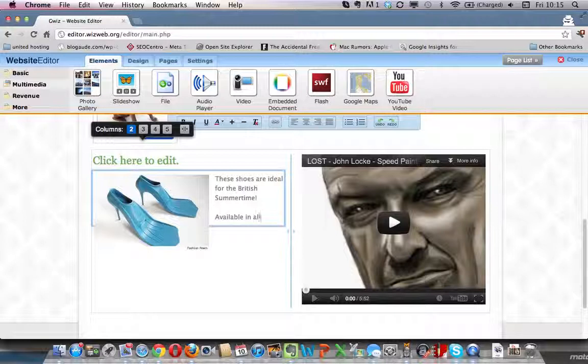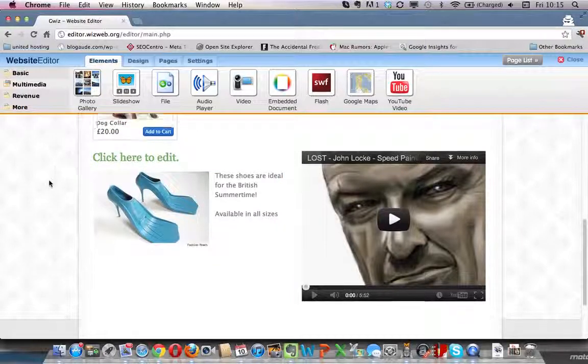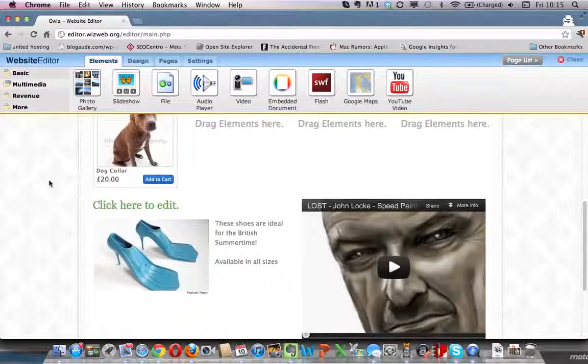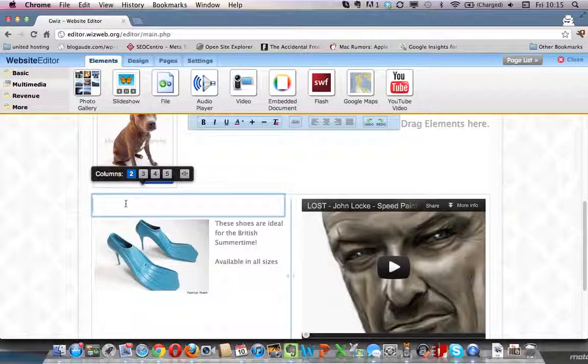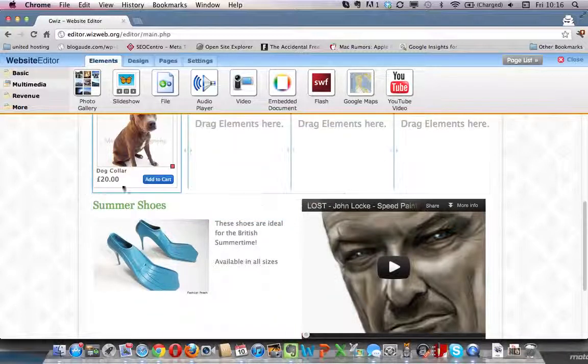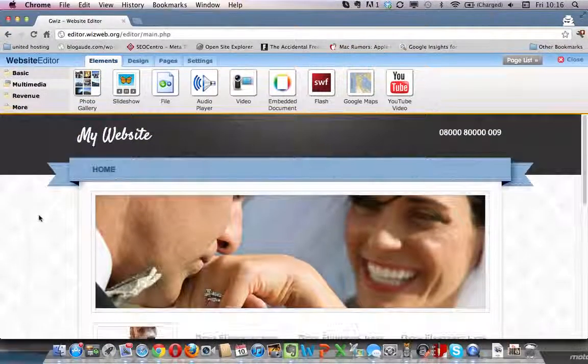Available in all sizes. Okay, so you can see that it's very easy. Click here to edit that title. Summer shoes. Now you noticed obviously that each theme, when we installed this theme earlier, each theme sort of comes